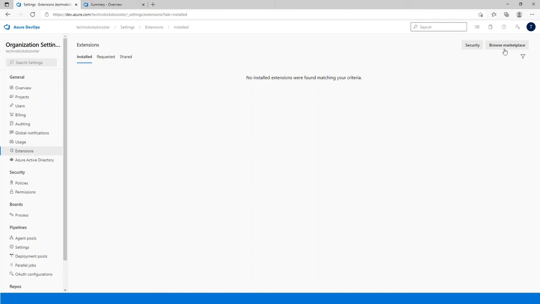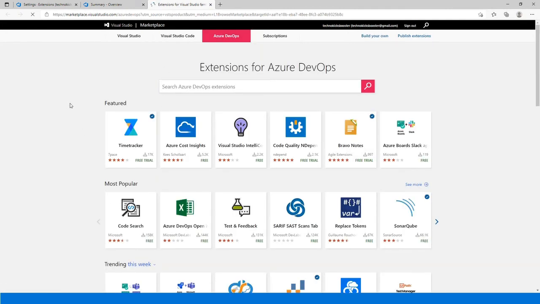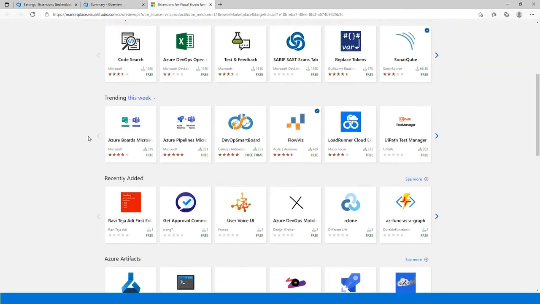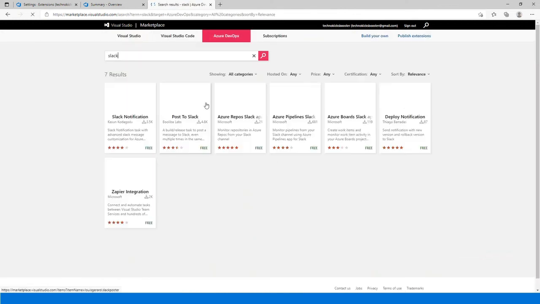You can click on browse marketplace, and that will redirect you to the marketplace here, and you have n number of extensions available for the Azure DevOps organization. For example, as I mentioned earlier, Jira, or let's say Slack. Whenever you say Slack and click on search, wherever there is a Slack notification, for example, a work item has been created and you want to push that to a chat group in Slack, that type of integration you can also do.